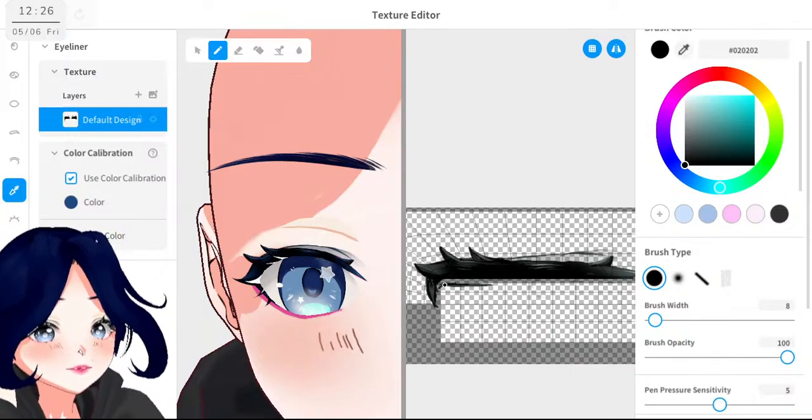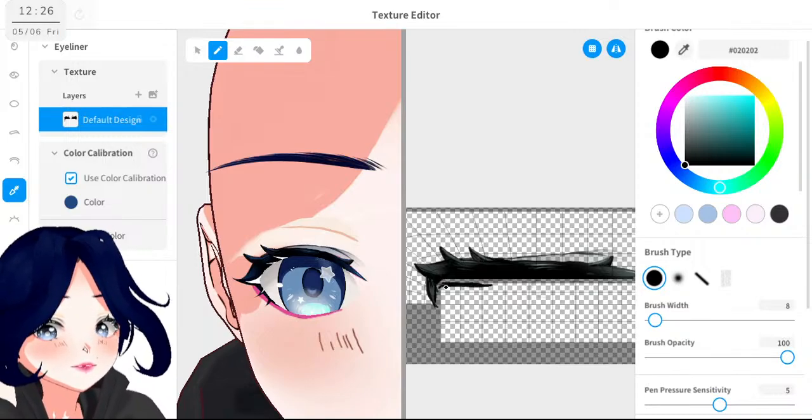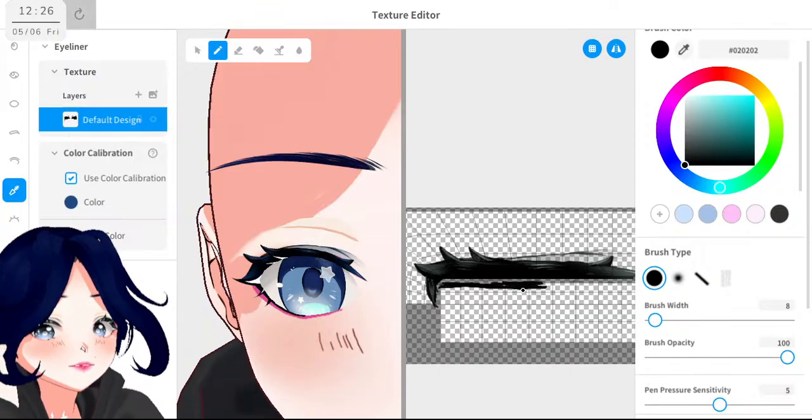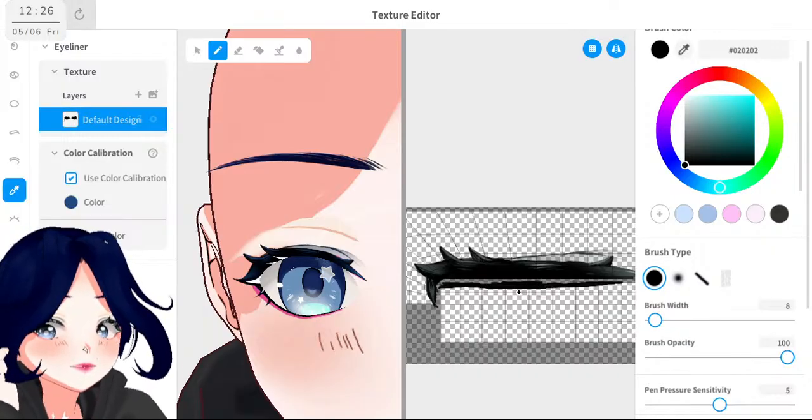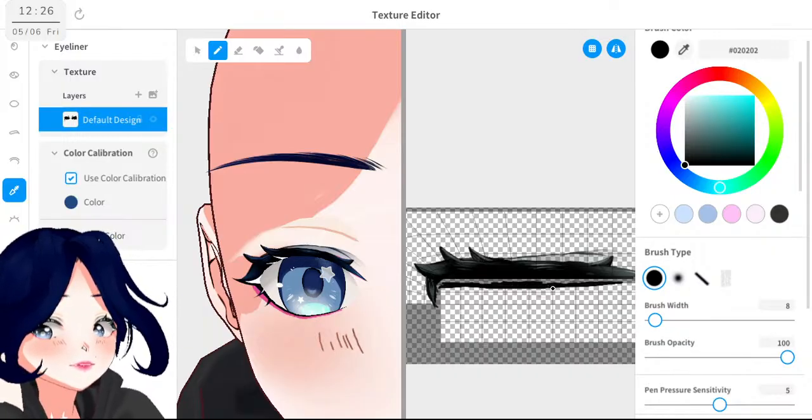And then here. Here, enough to be able to see it. Like that. And okay, it's around here.